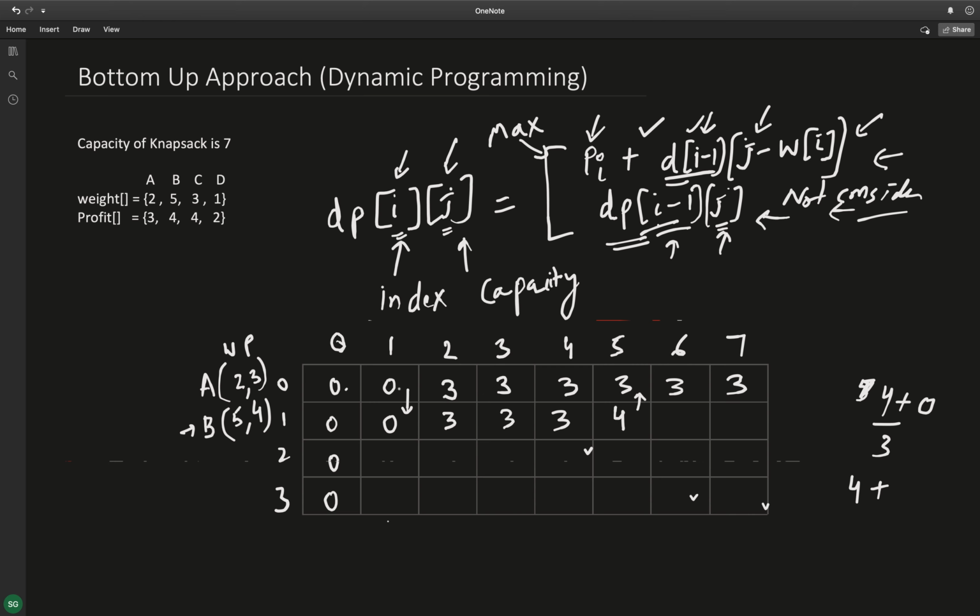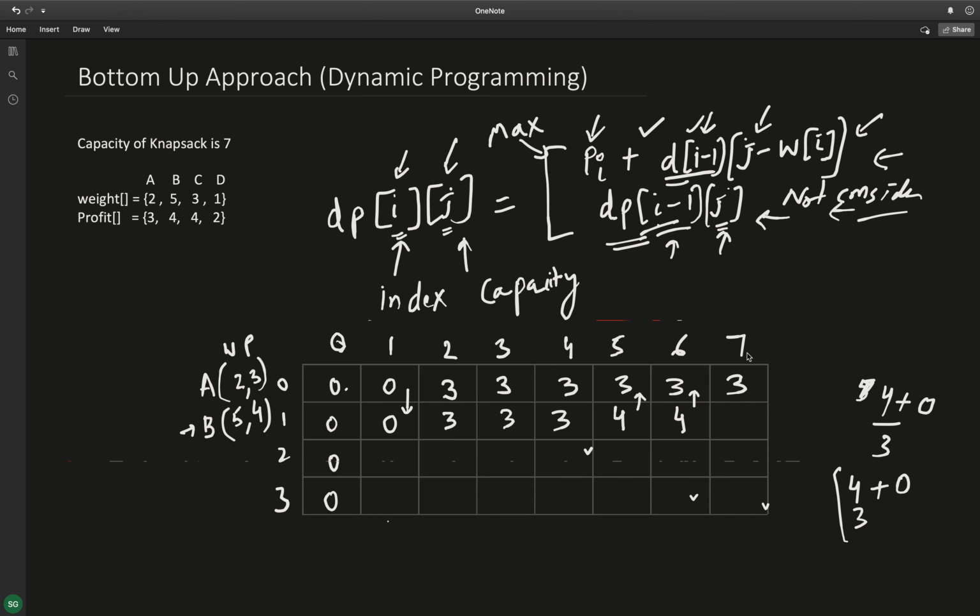So that is 0. So 4 plus 0 is after considering this item B for capacity 6. Now if I don't consider this item B for capacity 6, then the value in the cell above will be there, so this value 3. So in that case 3, and maximum of 4 and 3 is 4 again.